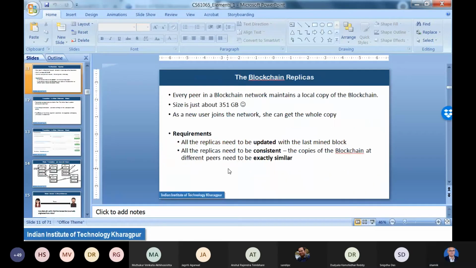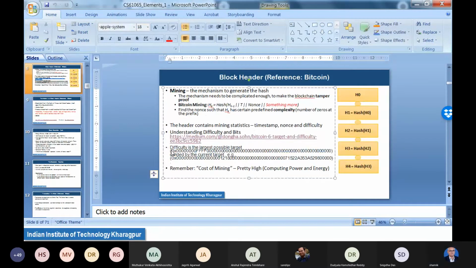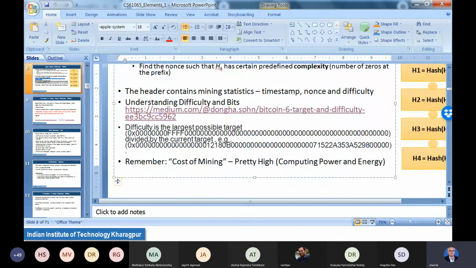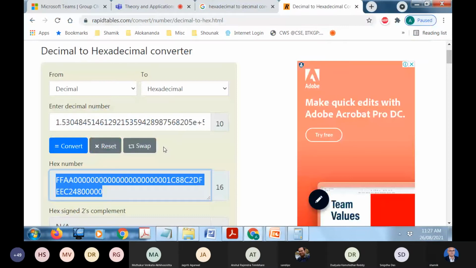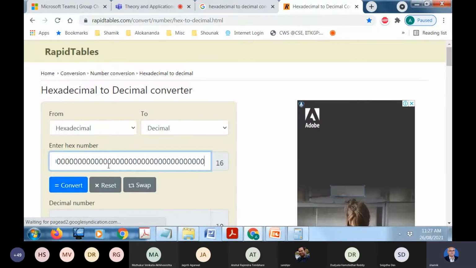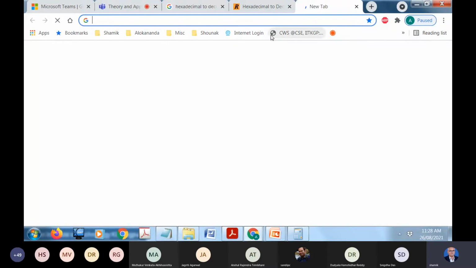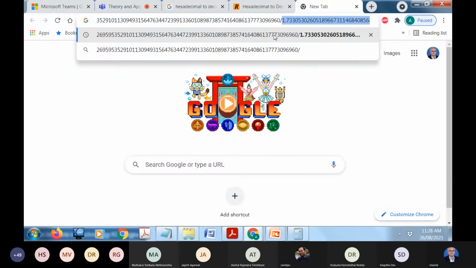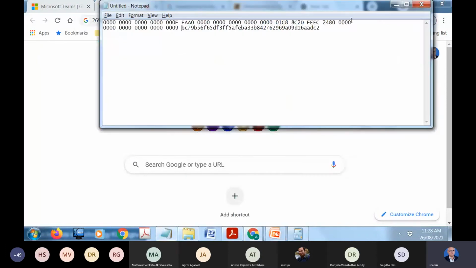The largest possible target is the one that was there in the very first block that was mined. I go to my hexadecimal to decimal converter, put this value in, and say convert. I get a very large number, and I know my calculator will not work for it. So I will use Google directly in the browser, and the particular value of the difficulty level that I obtained here